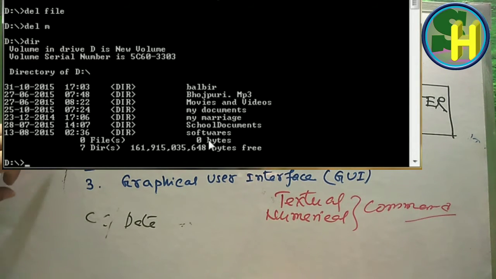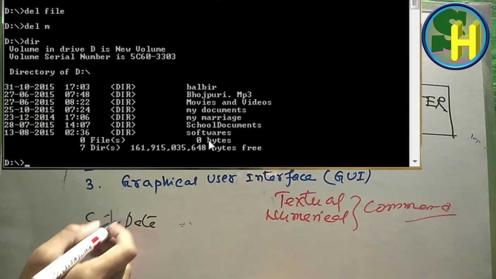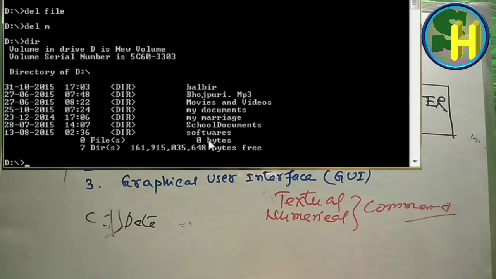In a character user interface, you don't require any mouse pointer. You just have to use the keyboard. Simply you type the different codes, like C colon and slash, and today's date you can see. If you want to delete,